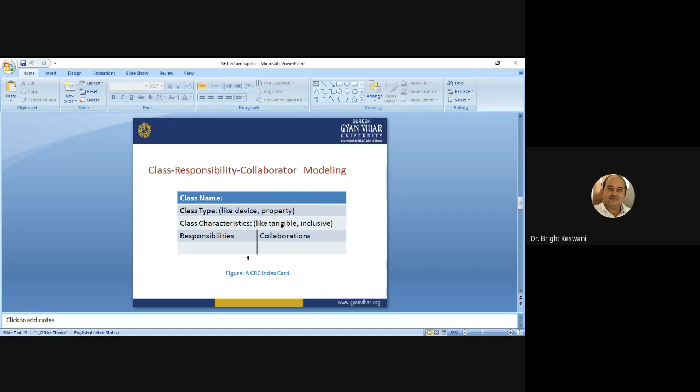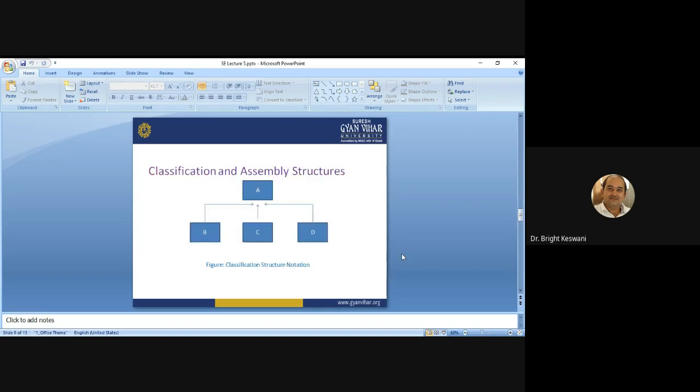Now come to the next point, which is classification and assembly structure. This is the figure related to the classification structure notation. There are several notations available, provided by various scientists, as I said earlier.